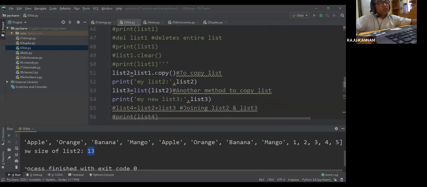Yes. The copy method is used to copy the list. Here I want to copy list1 into list2. That means whatever elements are there in list1, the same elements I want to give to the new list called list2. For list2 I don't want to declare my elements; an already existing list is there, and that list I will copy. So for that you write list1 dot copy, and you get list2.